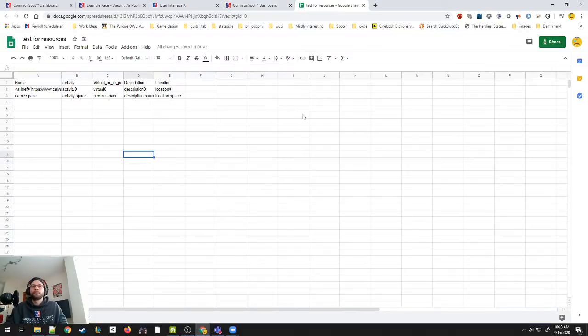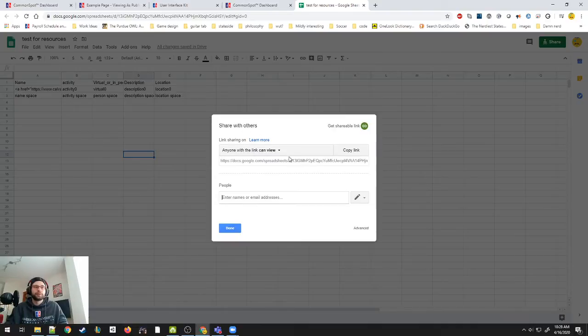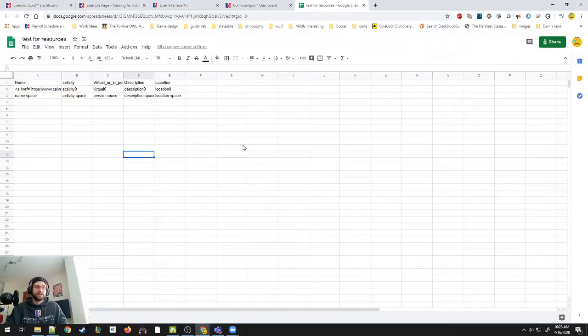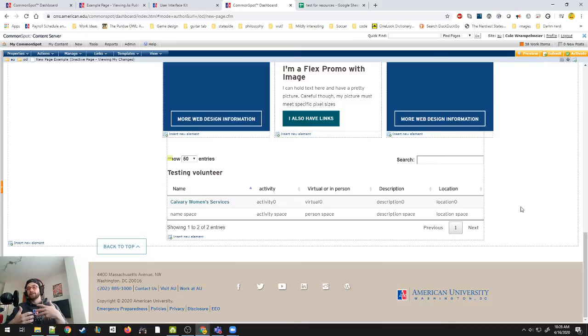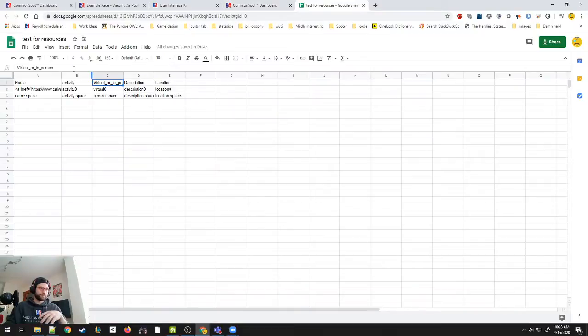If you're going to do that, you got to make sure you're sharing it, people can view, and you copy that link and paste it in. I'm saying this less for you to do this on your own. Please contact me if you want to do this, because there's a couple caveats. Notice how with these spaces, I've got underscores. Can't have spaces in the headers. The headers cannot change, otherwise you're going to break this spreadsheet whenever you try to update it later. You cannot do special characters like quotes, apostrophes, if you're trying to do like apostrophe S or something. Can't do that. So no spaces, no special characters, just plain vanilla text in these header rows.